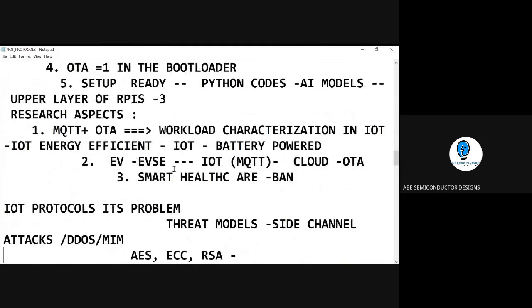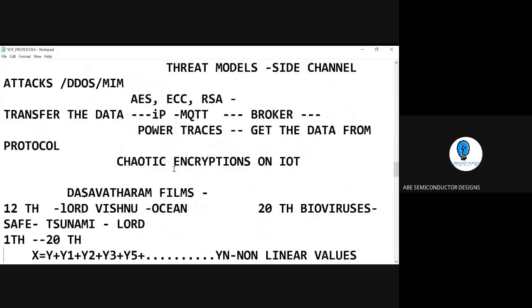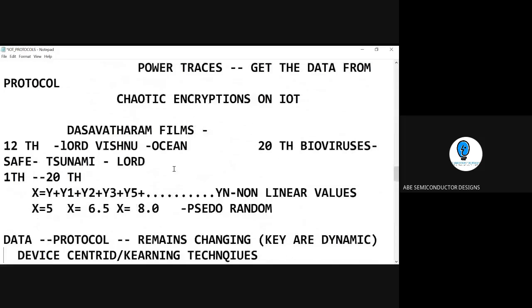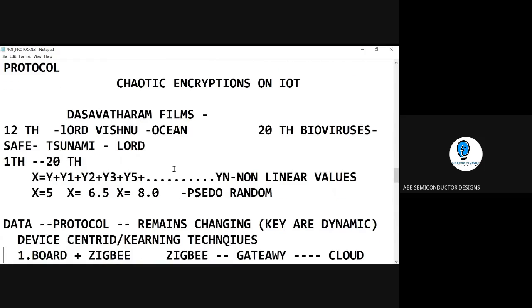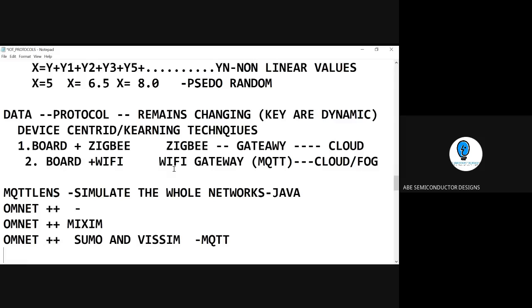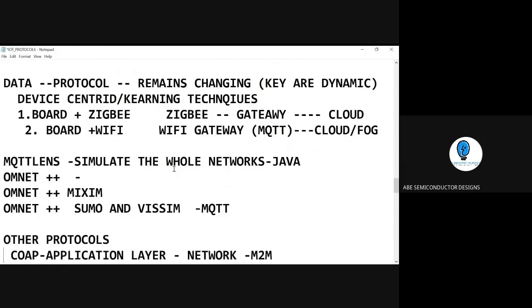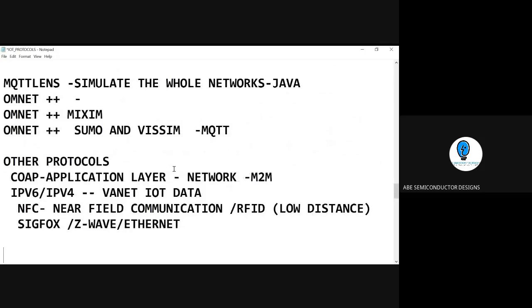I have given you all the secrets, and the threat models, and the important encryption scheme used to overcome the threat models in your IoT protocols, that is chaotic encryption. How breaches can be designed. Why side channel attack is considered more important, and then implementation in hardware as well as software. Please try these softwares. They will give you rich interfaces. And finally, other than MQTT, what other protocols are available with us?